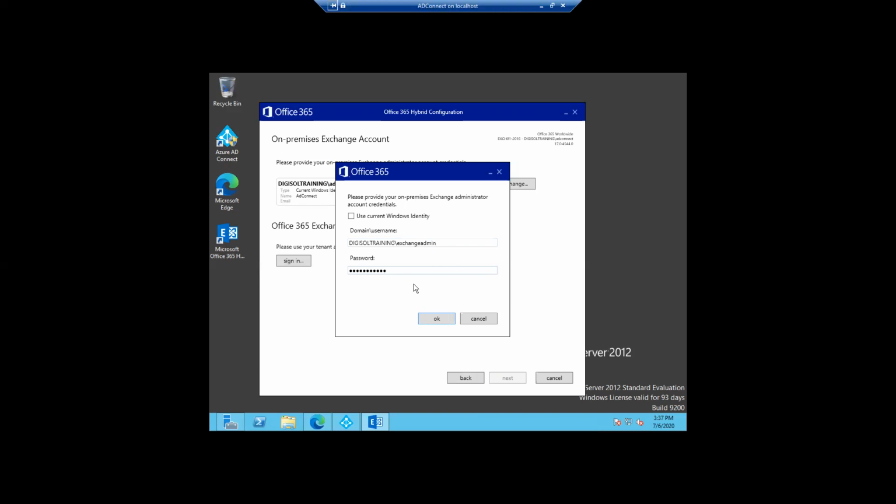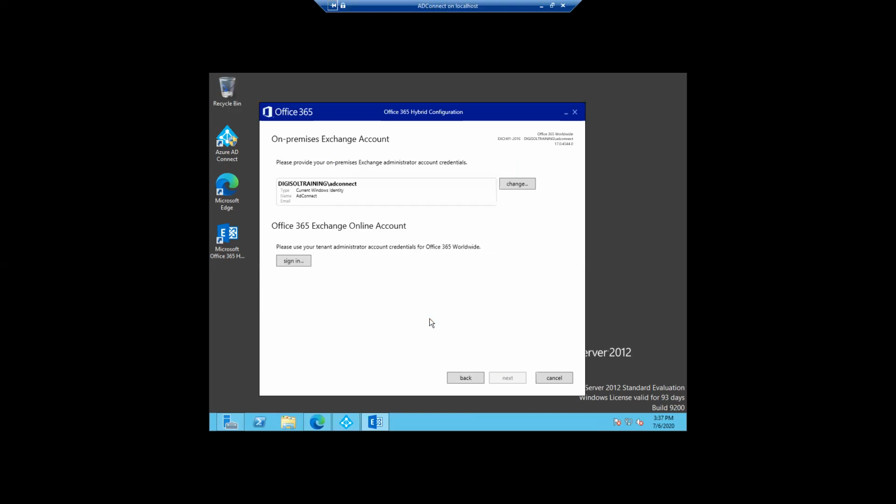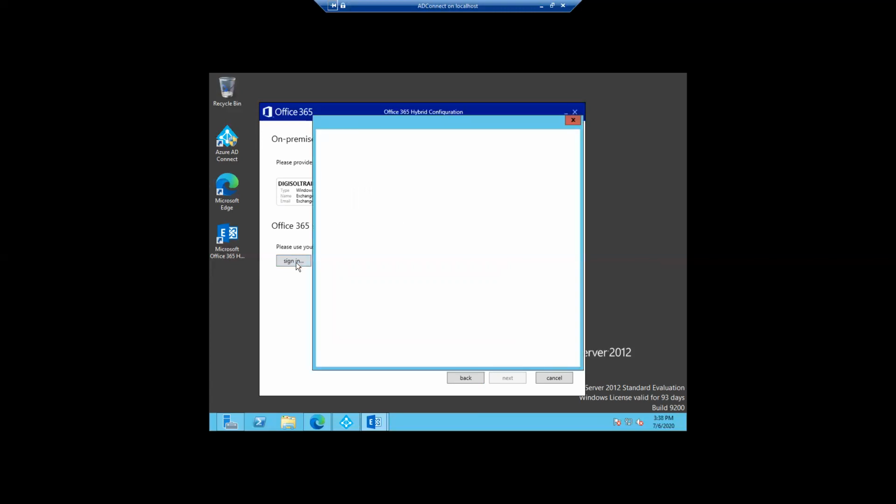I have put the credential, then I'm clicking on next. So this is the on-premises credential that we are putting in with admin access. Now I am putting in the Exchange Online account credential details here. You have to type your tenant account details, the global admin account detail.